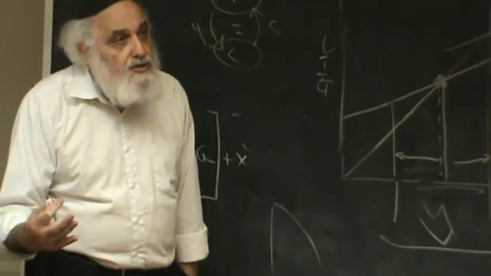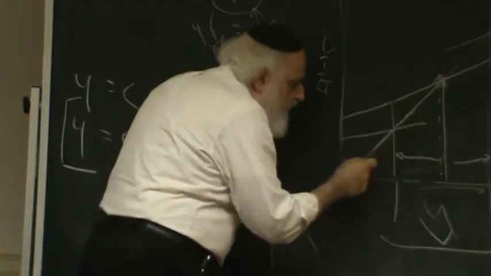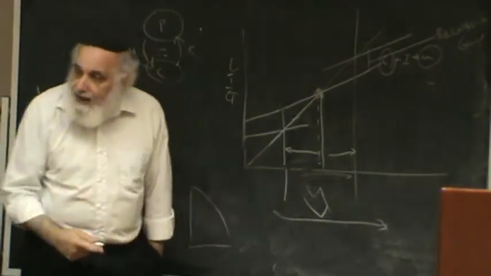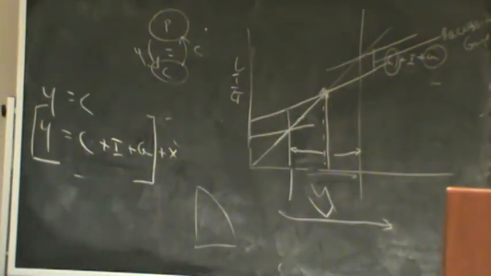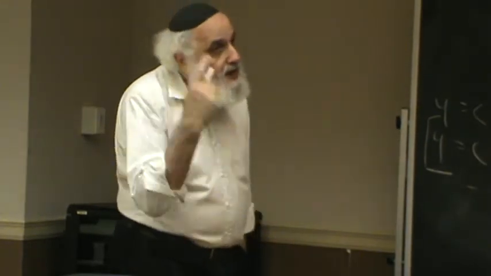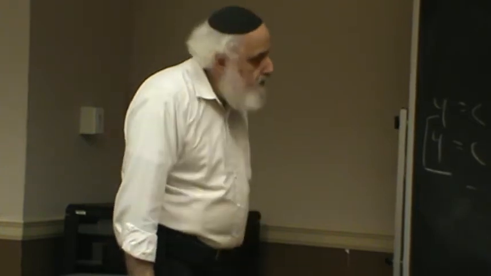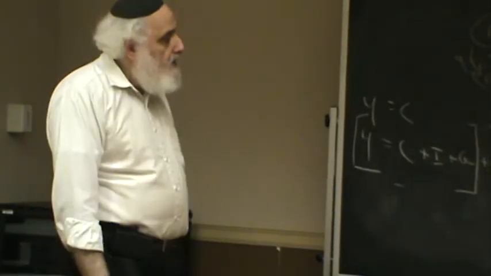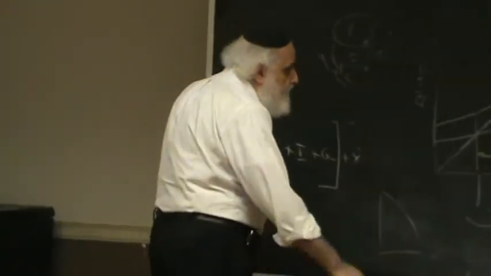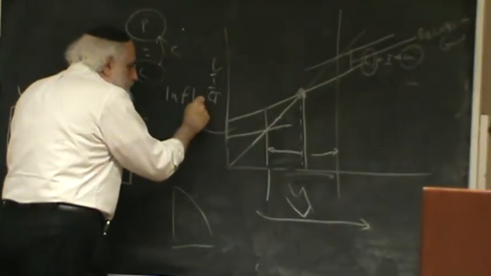What do you do to reduce C plus I plus G so it should be at full employment? Instead of raising government spending, you lower government spending. Instead of decreasing taxes, you increase taxes. And you reduce either G or you reduce C, and you come to full employment without inflation. The amount you had to reduce the C plus I plus G line is called the inflationary gap.